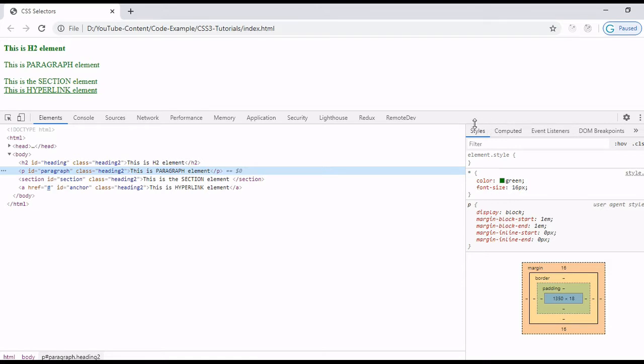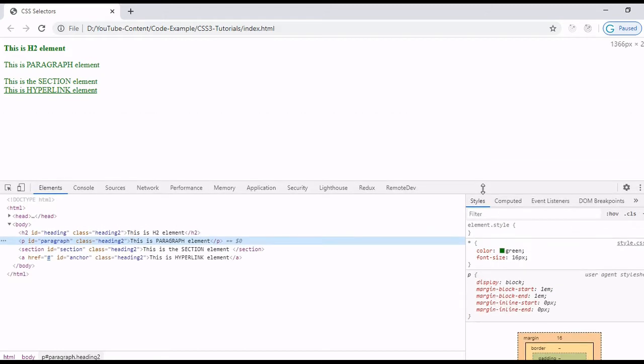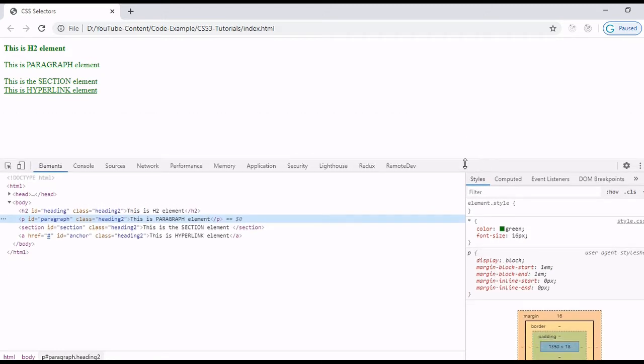So friends, here the question comes: why do we require this universal selector, and in what condition will we select all HTML and apply the same CSS on all HTML elements? One thing you must know about the browser: every browser like Chrome, Firefox, Opera, Safari, Edge has its default CSS rule set which is applied on the HTML elements by default.